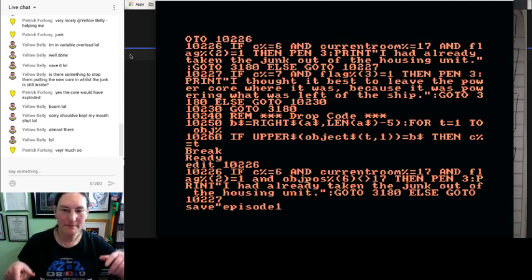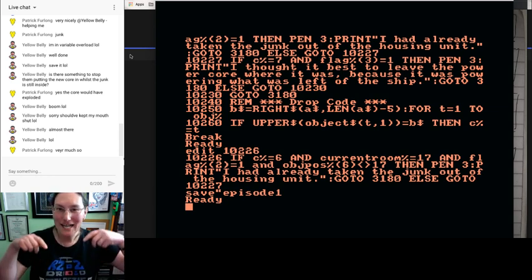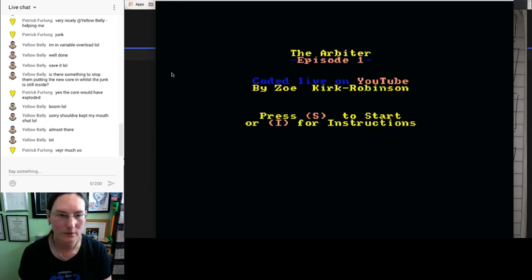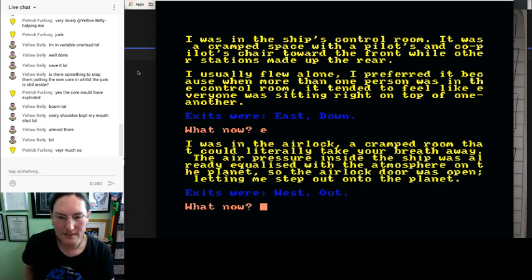Basically what I've done there is make sure that the check for getting the junk, with the message of, oh, I've already taken it out of the thing, doesn't come up if the junk is in the room. So save, run. Let's do this again, episode 1, start. I'm not going to pick up the power core this time because we don't need it for what we're trying to do. Out,